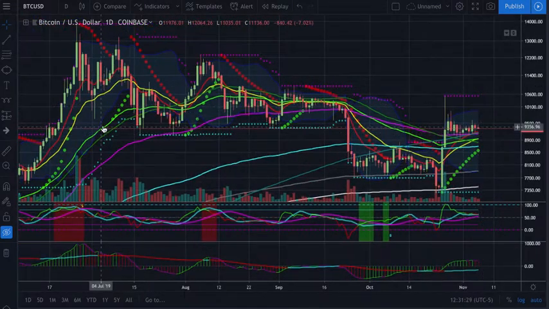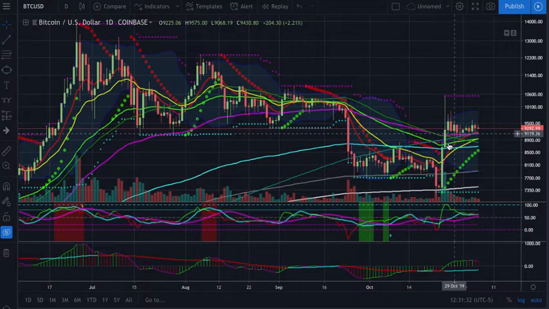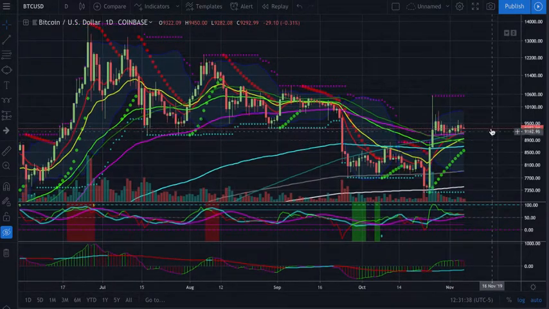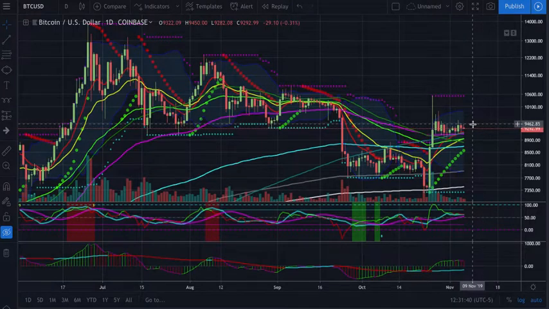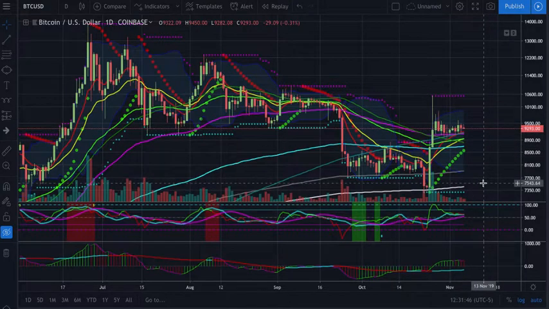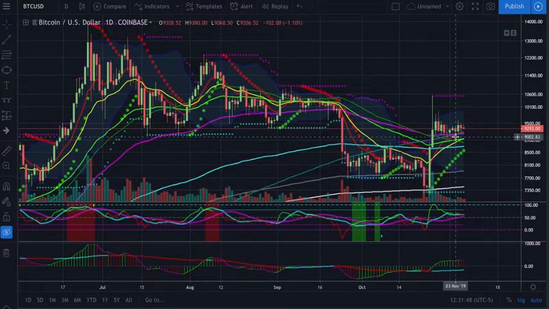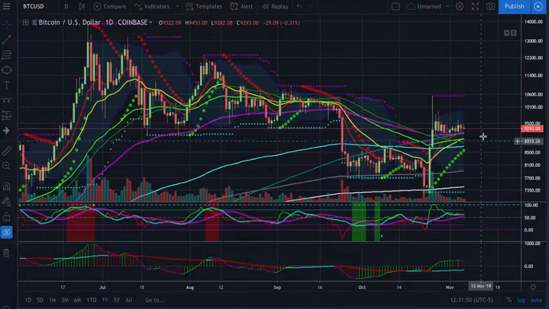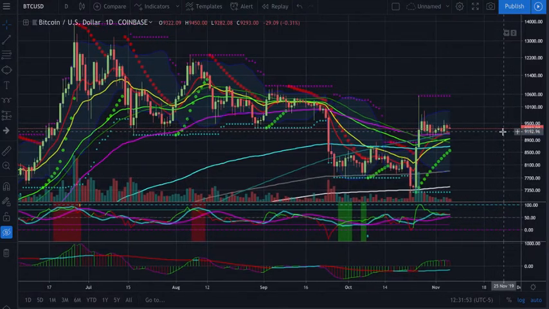If you look at that horizontal support that was holding us up this whole time, that's what's holding us down now. So the fact that we've just held here and gotten rejected so strongly off it, what I would expect to happen if we consolidate here for too long is the market would essentially lose confidence in this move back up, and we would sell back off and retest the lower areas, or possibly just form a larger triangle inside this range right here.